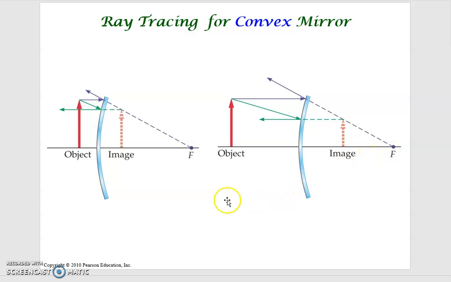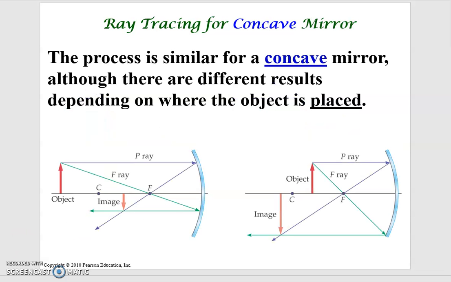So to conclude, the image formed for the convex mirror is always behind the mirror, and the size is always smaller than the original size, but the image is upright. So now let's take a look at the ray tracing for the concave mirrors. For the concave mirrors, you're still using the three rays we just used before, but now you have the object here,